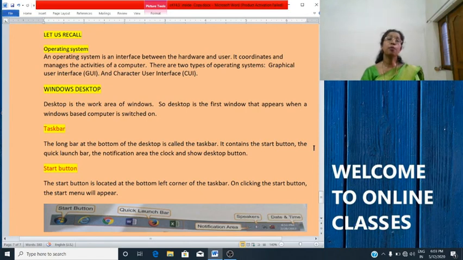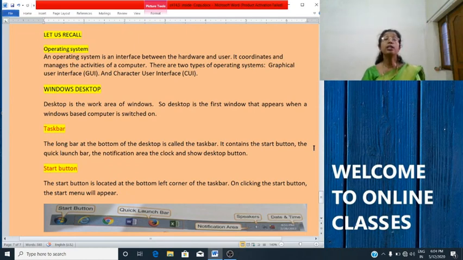There are two types of operating system: graphical user interface and character user interface. In character user interface, we have to type the commands, use a keyboard and type the commands to interact with the computer. Whereas in graphical user interface, we can interact with the computer using a mouse. You can click on the icons, menus, dialog box, etc.